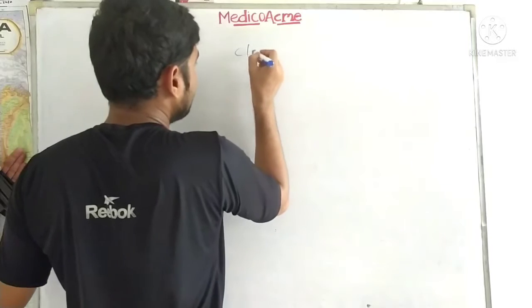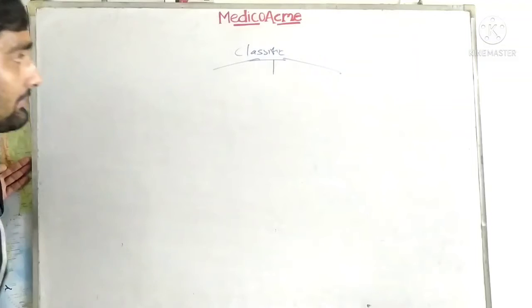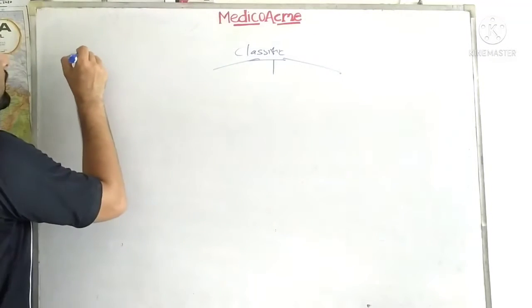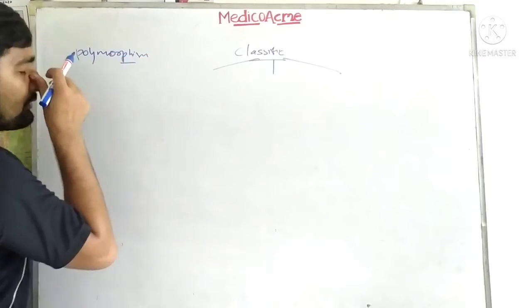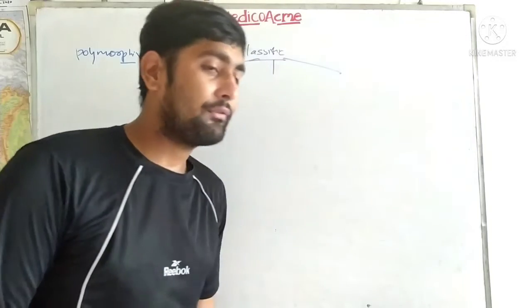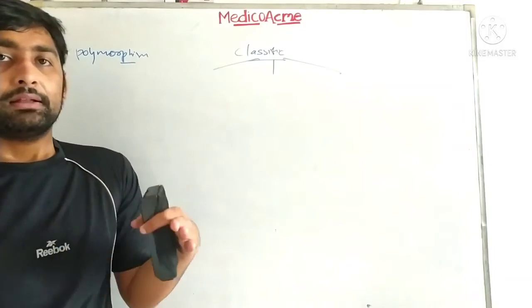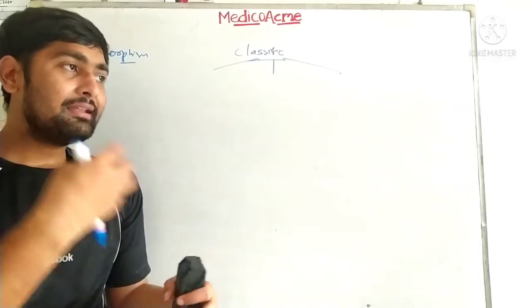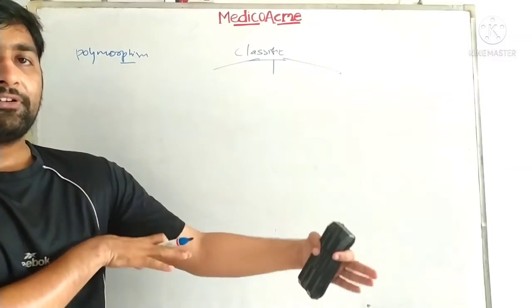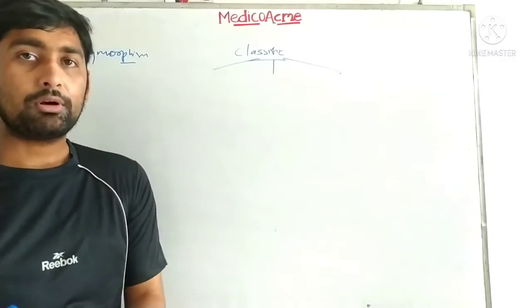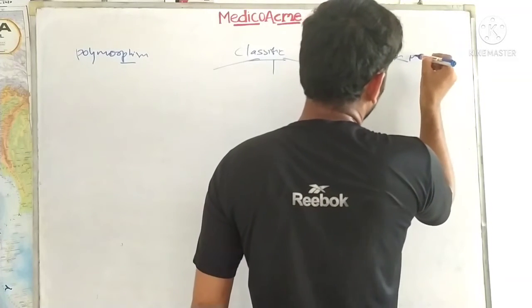About classification. So phylum Cnidaria is classified into 3 different classes, and it is based on polymorphism. So guys, very important here that the organisms of the Cnidarians show polymorphism. What is polymorphism? Suppose an organism is found in 2 or more different forms. So 2 or more different forms of an organism is known as polymorphism. Here in polymorphism you will find polyp and medusa form.